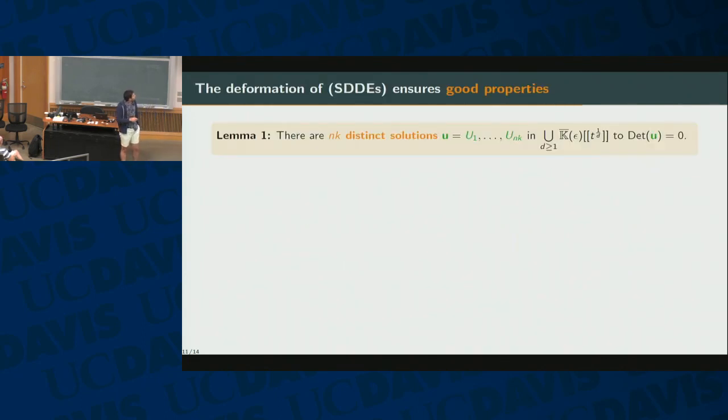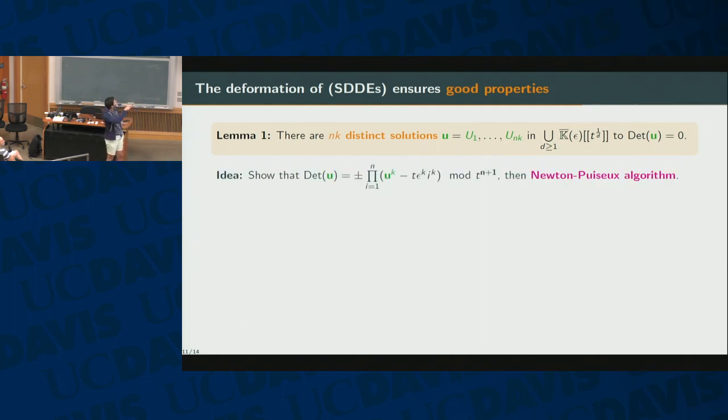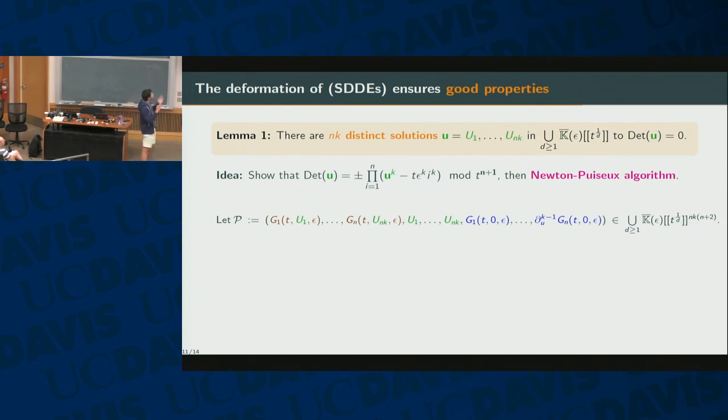Okay, so let's move on. We have first this lemma, which is a consequence of our symbolic deformation, and which says that indeed there exist as many solutions as expected. This is done briefly by computing the first term of det, and then by using a Newton-Puiseux algorithm. And then when we have these NK distinct solutions, it remains to glue all the series in a point